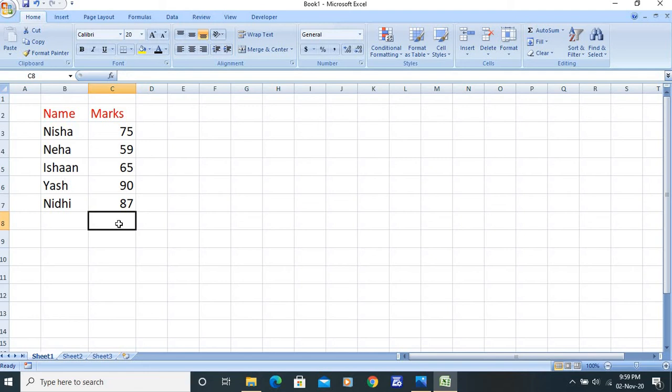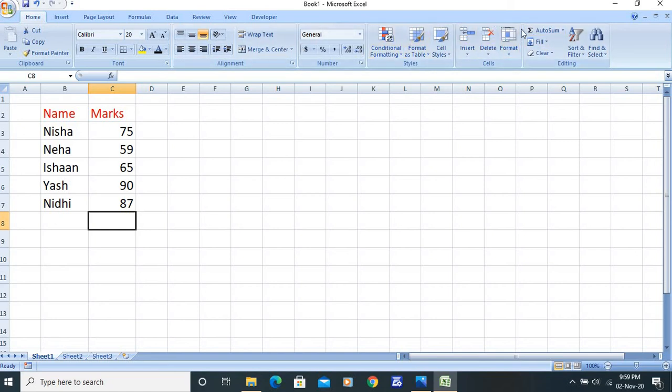Now I want my result here. This is the calculation of these numbers. So this entry will be known as the formula entry, and in Excel a formula entry always starts with the equals to sign, but we don't have to do anything. I will position my pointer in the cell where I want the formula.